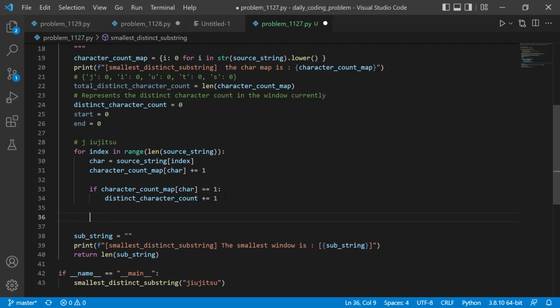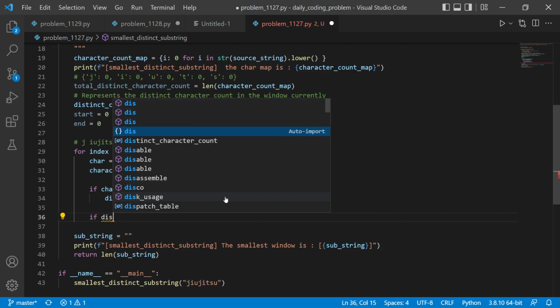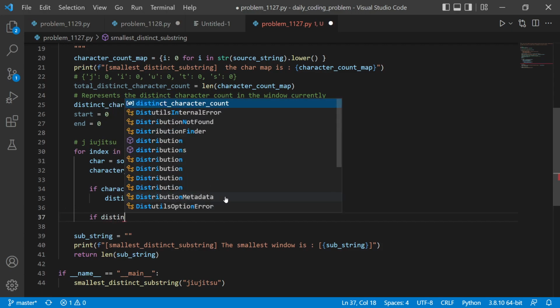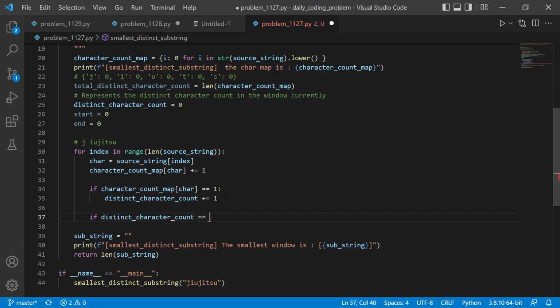Like if the window size is matching. So if my distinct character count is matching with my total distinct character count, which means that the window size. So basically, for the first J, U, I, J,